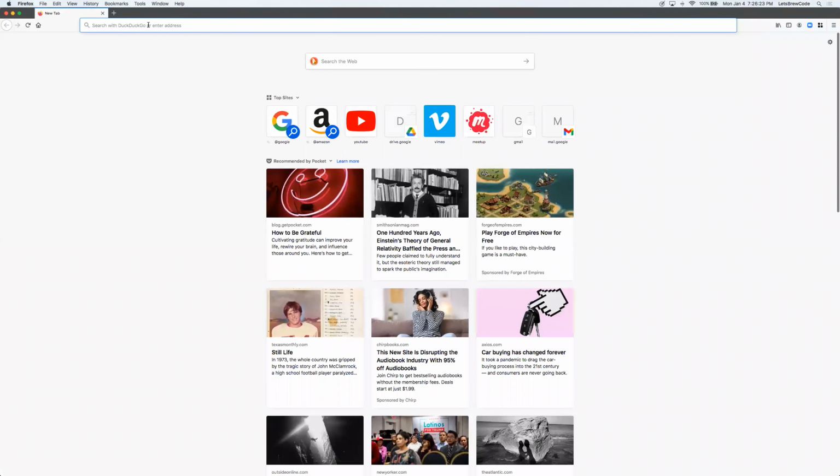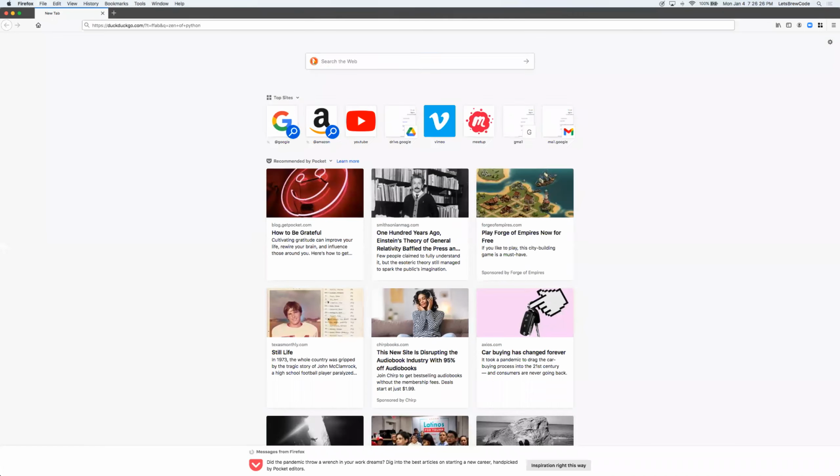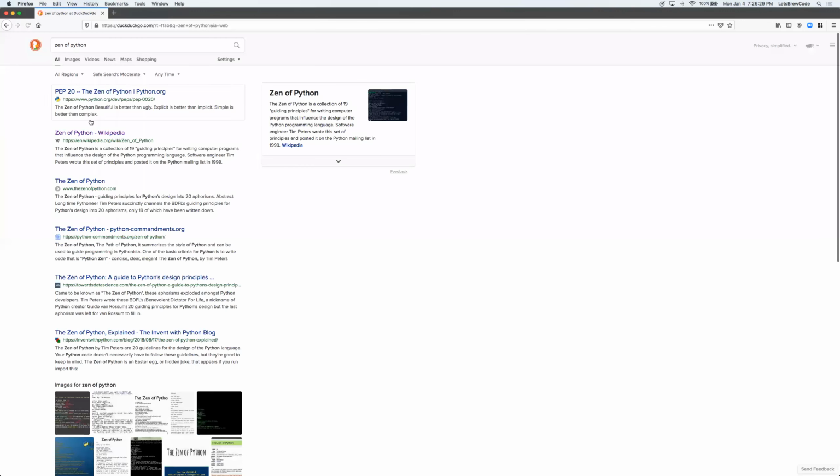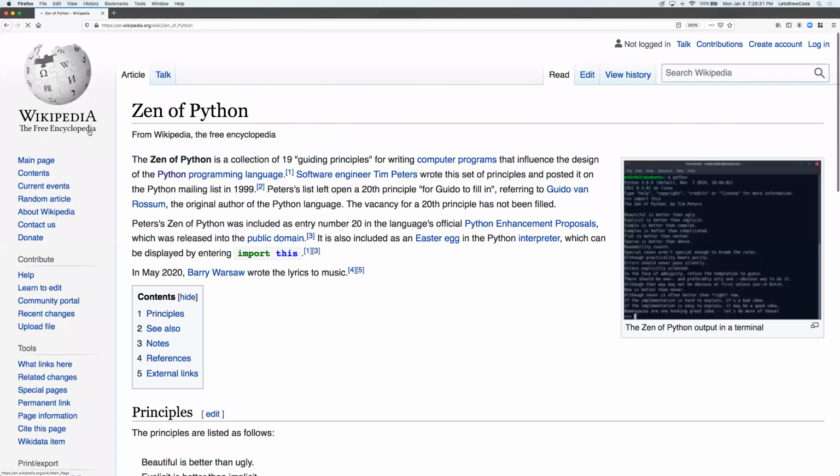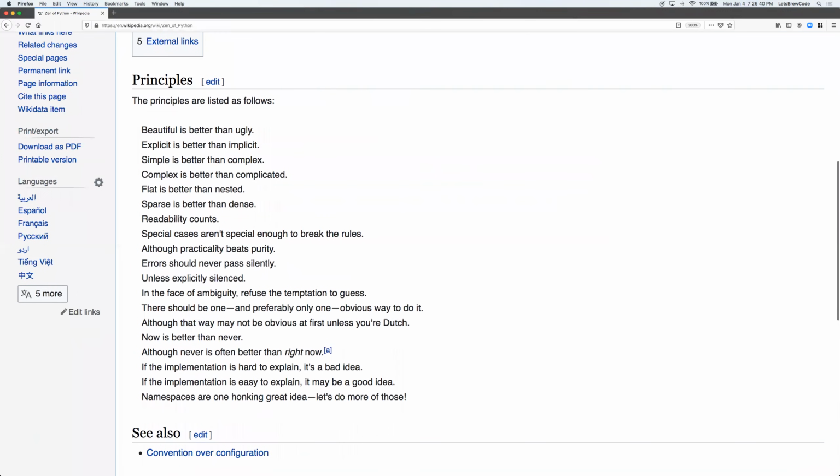There is something called, let me open my browser, the Zen of Python. Python programming language was created in 1991 by a guy named Guido van Rossum. Later on, somebody added some guiding principles to Python. And they are actually good. By themselves, they're not any technical implementation, but what they are trying to say is that if you follow these properly in the Python language,